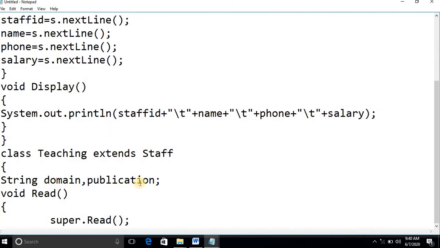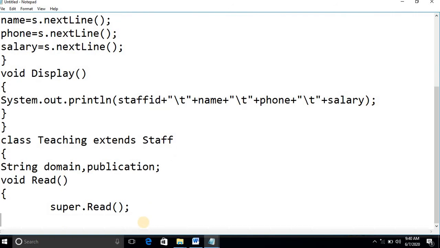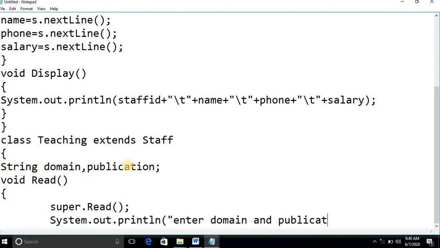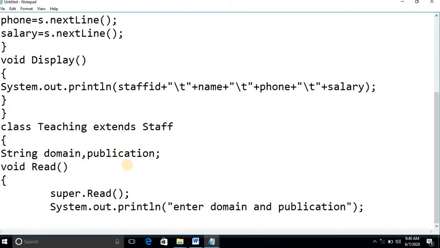Now which are the other fields we should read for teaching? Domain as well as publication? Yes. So now here you just give System.out.println, you simply give "enter domain and publication". So you just read it. How do you read it?